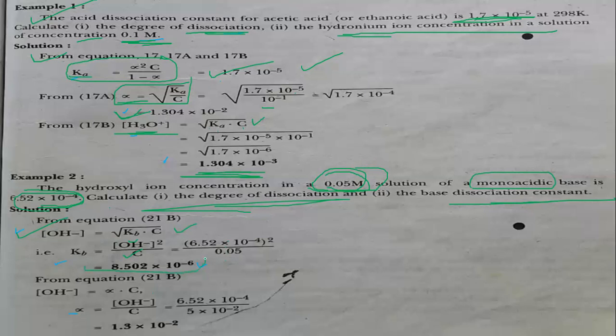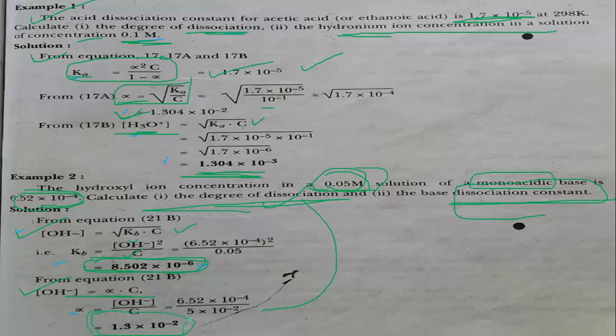Use that. Now see what second they are asking for from the equation. So we know that OH minus concentration is alpha into C, right? What are they asking you? They are asking you to find out the value of the degree of dissociation, not the dissociation constant. Let me check it out. Okay, this is the degree of dissociation. They are asking here for the Kb. First they calculated the Kb, and second is the degree of dissociation.